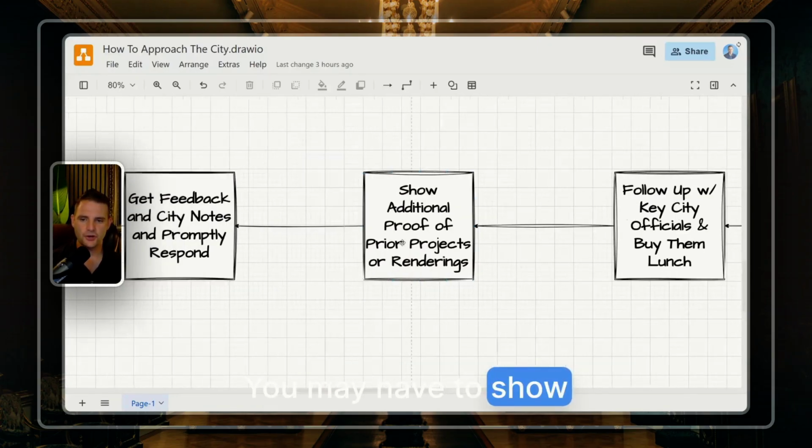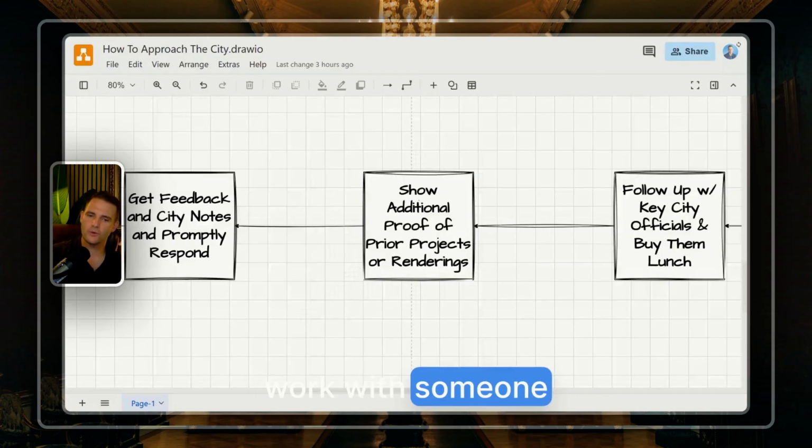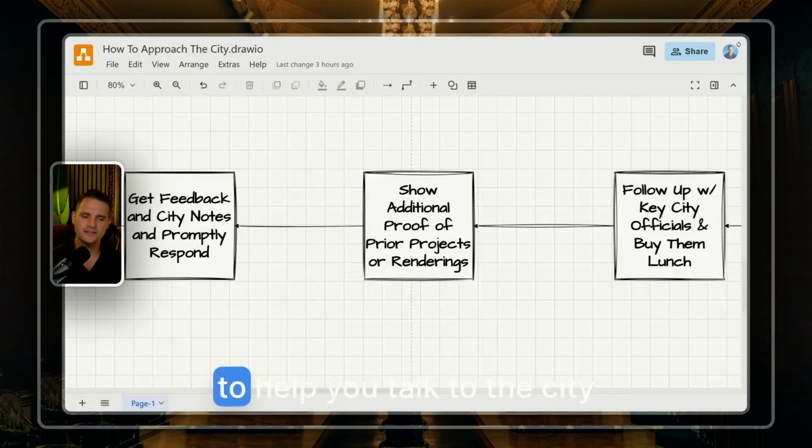You may have to show additional proof of prior projects or renderings. And if you don't have that, then you're going to want to work with someone who has. I can work with you. If you need someone to come on board and help you present the case to the city, to help you talk to the city official, either in a Zoom or in person, whatever it may be, I can help you do that. I can show a lot of the